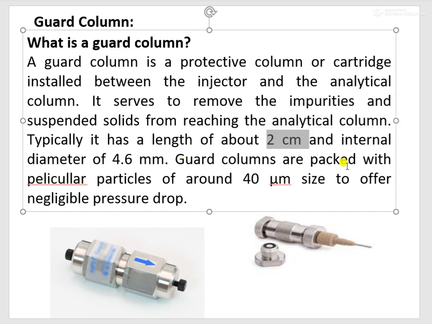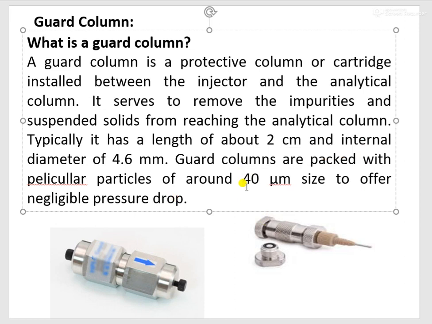Guard columns are packed with pellicular particles of around 40 micrometer size to offer negligible pressure drop. One more important thing about packing of the guard column is that the particle size of the guard column is relatively high as compared to that of the analytical column.